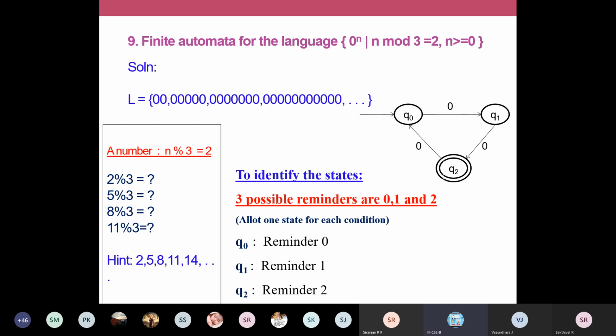You just write in your notebook what is 0 mod 3. What is 0 mod 3, 1 mod 3, 2 mod 3, 3 mod 3, 4 mod 3, 5 mod 3, like that. You write in your notebook and tell me the numbers for these single digit numbers. You just first tell, then you can go for double digit numbers.